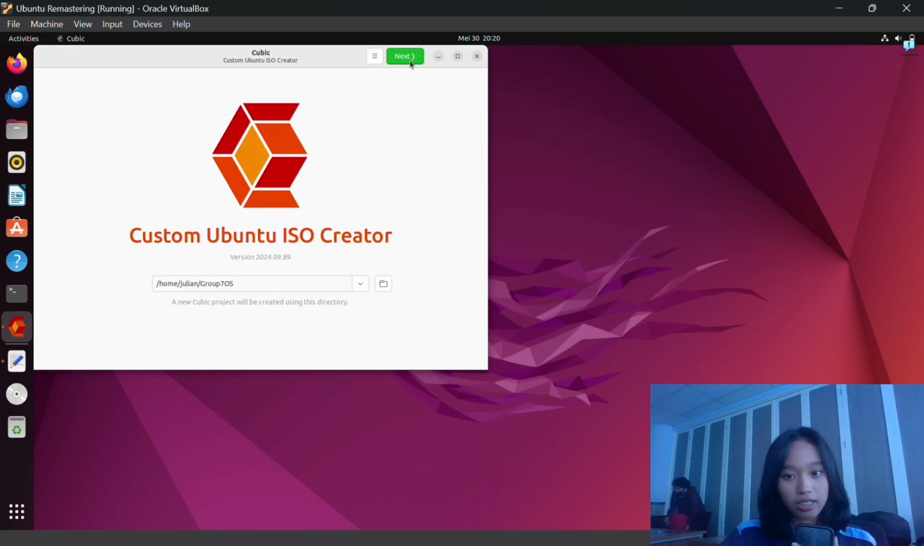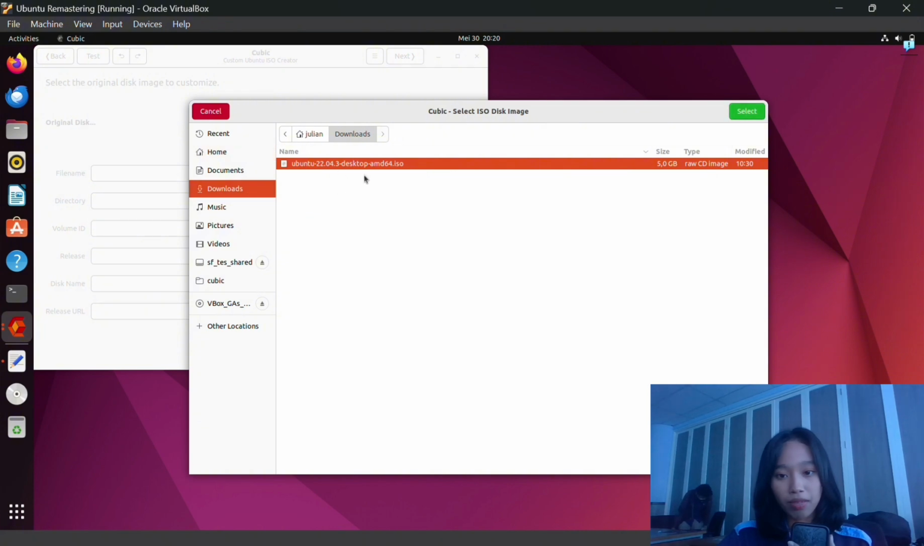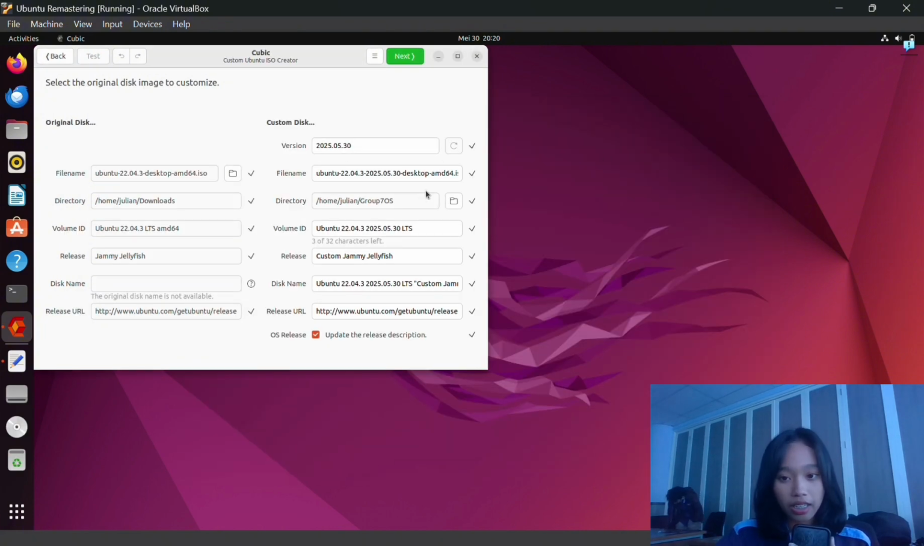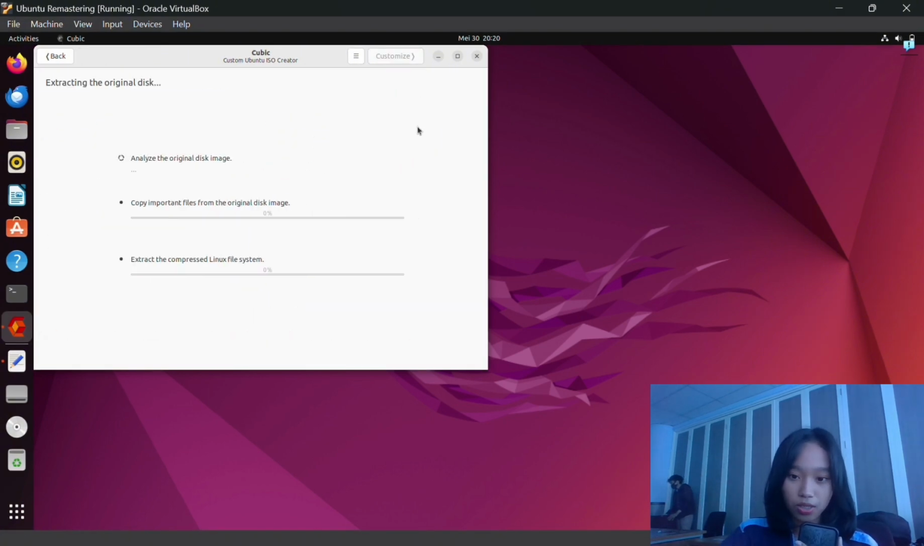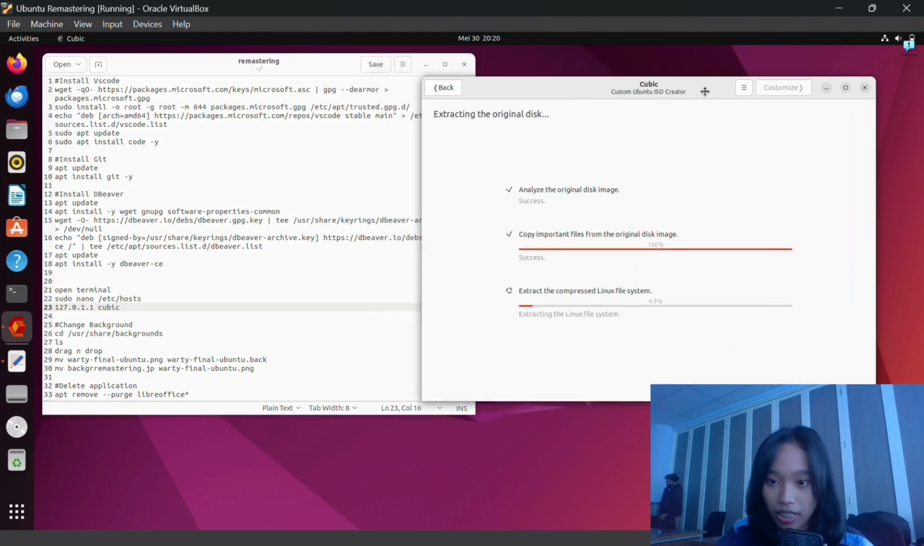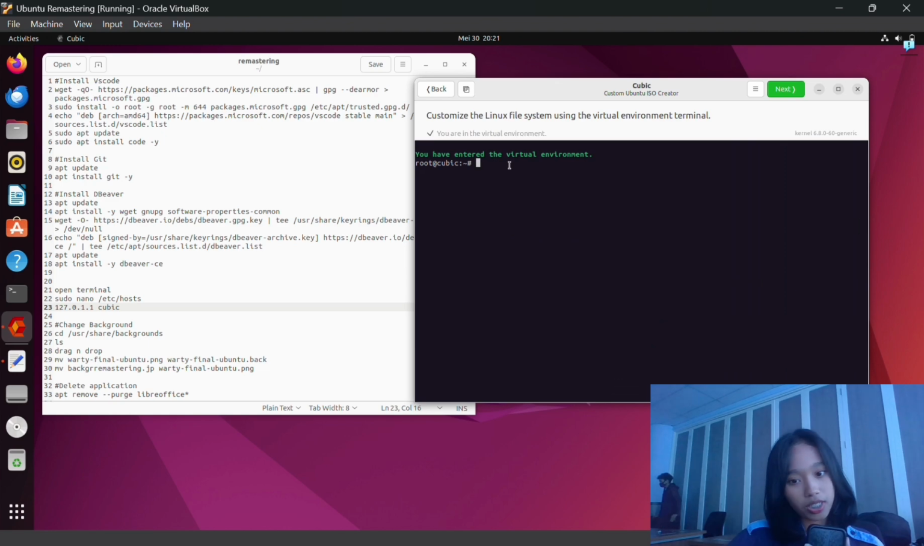Click next, and before remastering we must also have an ISO file that we will remaster, to be included in the file name in the original disk section. Then in the file name and custom disk section, it should be changed to whatever name we like, for example group7.iso. Then click next and wait for the process to analyze the original disk image, copy important files from the original disk image, and extract the compressed Linux file system. After all the processes complete,